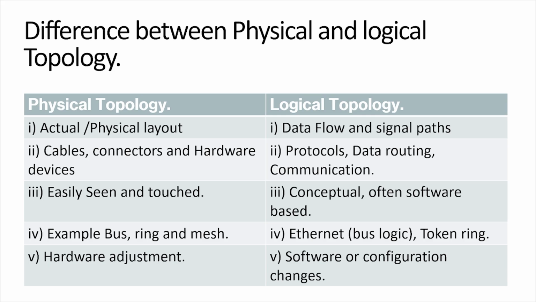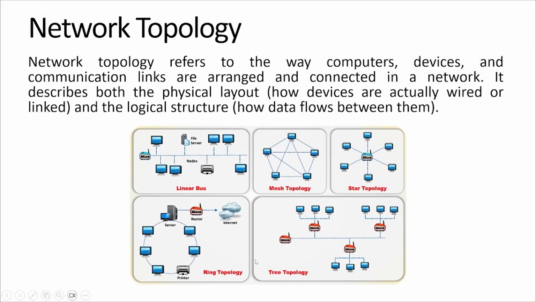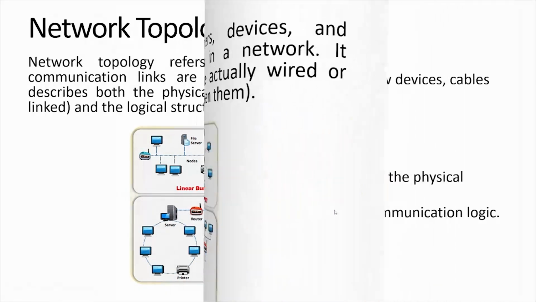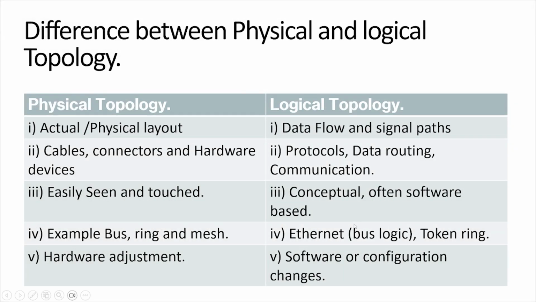In physical topology, some examples are bus, ring, and mesh. Bus, ring, mesh topology. Let's see. Bus topology. Where's bus topology? This one. Ring. This one. Mesh. These are some examples of topologies. You feel me? Okay, but in